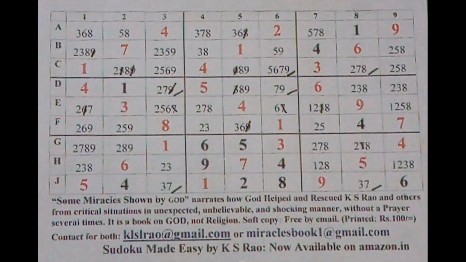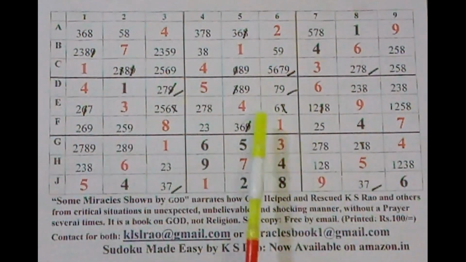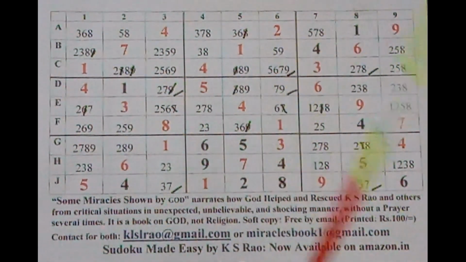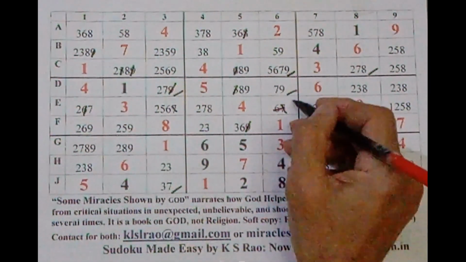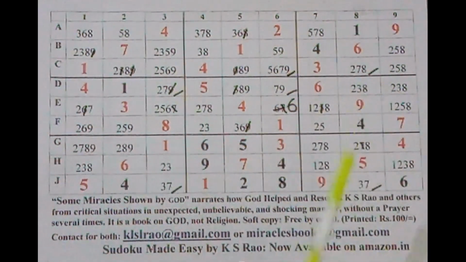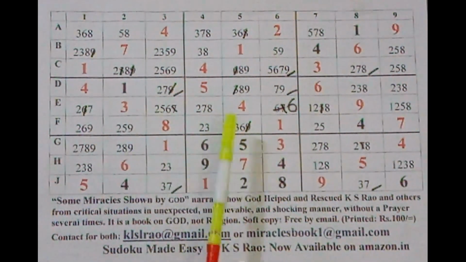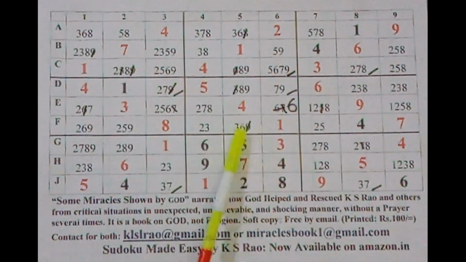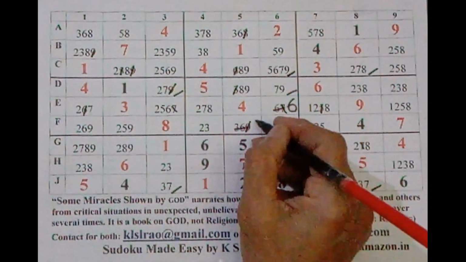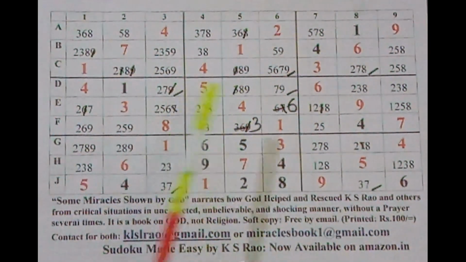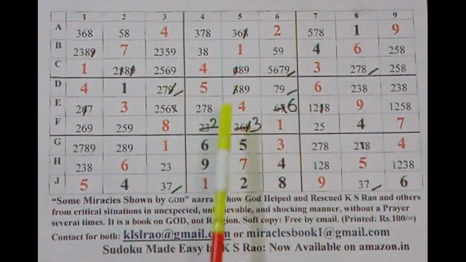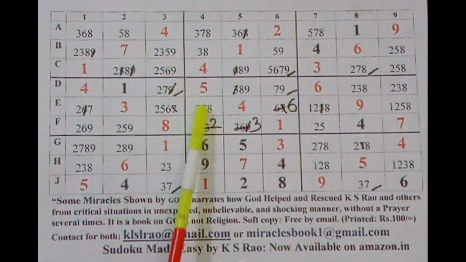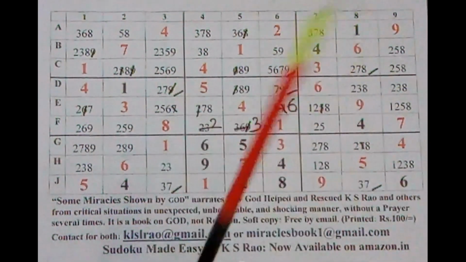Okay. Now the first thing we have seen while deleting this number 7 is at E6, just one number is remaining, that is number 6. So let us strike that and write the same number in bold, big. Okay. And immediately at F5, you can delete this 6 and write a 3 there, 3, and next door left, say 2, and this 2 allows us to delete this 2 here. Okay. And then